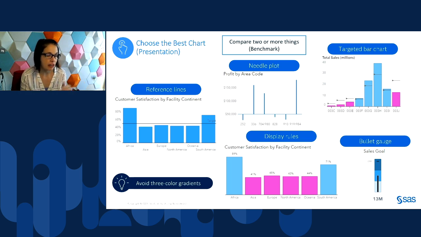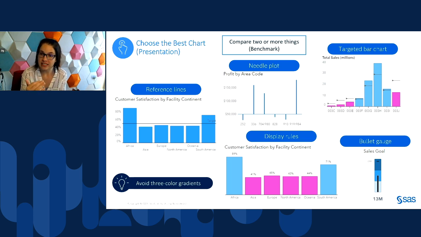So for example, that go from red to green or blue to orange, because it can be quite difficult for users who are colorblind to distinguish between those colors. If you do use 3 color gradients, it's best to stick with the same color and choose colors that differ in their luminosity, so it's easy to distinguish them. The best way to determine if that's the case is to print this in black and white.